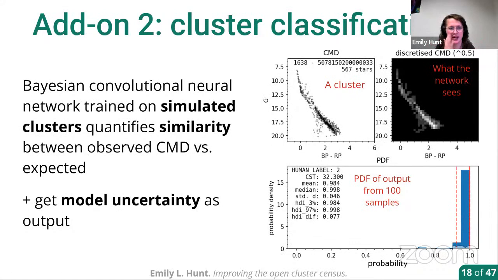We won't get into what that means now, but maybe that would be a cool question for the end if someone's curious. Basically, it takes the photometry for a cluster. This gets discretized onto a color magnitude diagram, and then by training this neural network on simulated data of what we expect clusters should look like, it does a comparison between this cluster